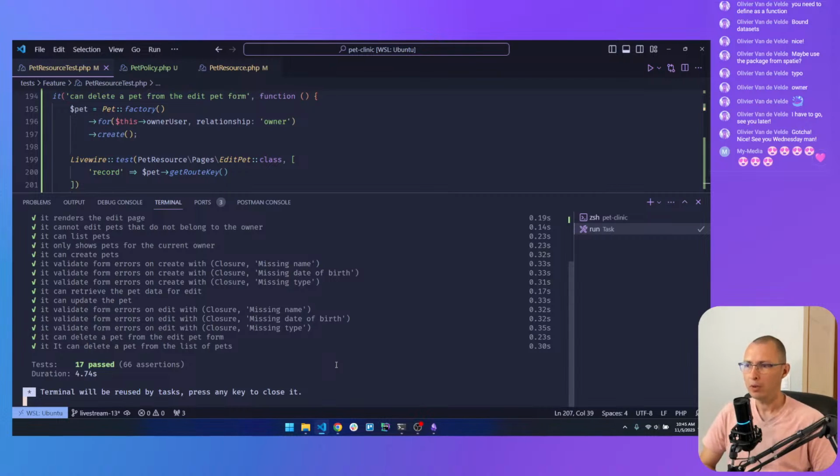So there are a few things that we are not testing right now. For example, we haven't tested the avatar for the pet. We should be able to test that when we upload a file and set an avatar for the pet, that we can not only upload an avatar for our pets, we should also be able to assert that we see that avatar on the table.